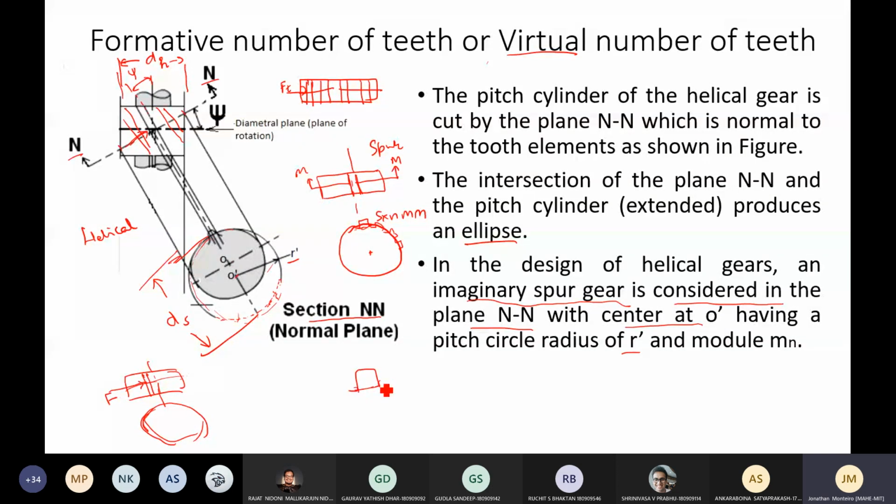Even if FA is considered, just imagine, it has a large face width, some considerable face width. So FA is acting somewhat like this. Of course, I cannot show it properly over here. The direction may be at a somewhat different angle. But let us say that FA is acting somewhat like this. The bending forces from this will be much lesser than your FT part.